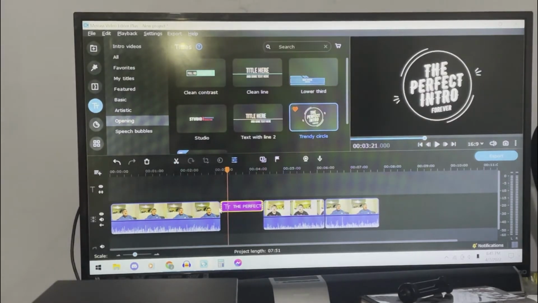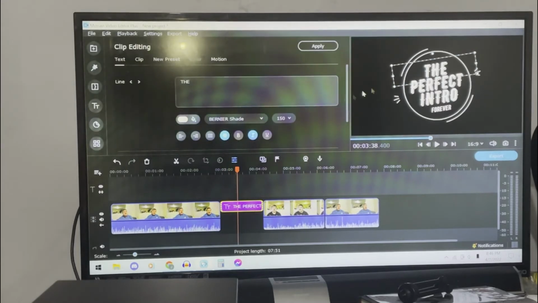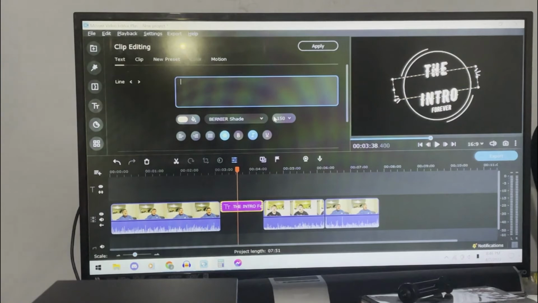And then I'm going to, right now, type in the name of my show. So what you're going to want to do is right here in the purple part, double tap. And then whatever you want to edit in the circle, inside the circle, text-wise. Right now it's hovering over the word the. So for that, I would remove the word perfect and type in the following. AWM, take away the word intro. Type in studios,